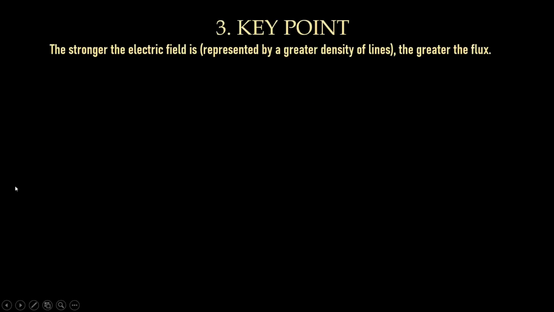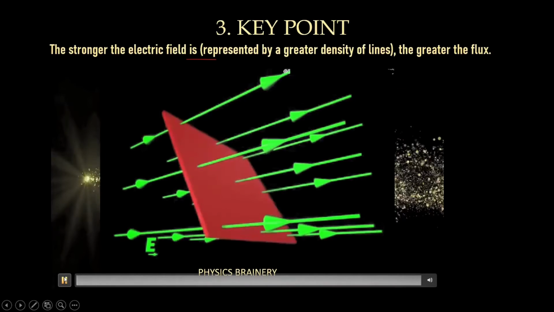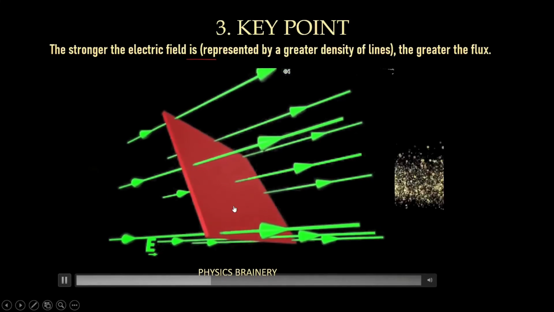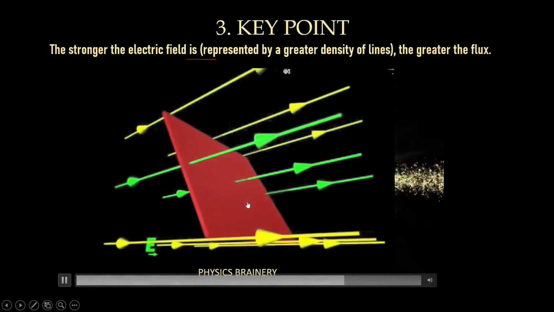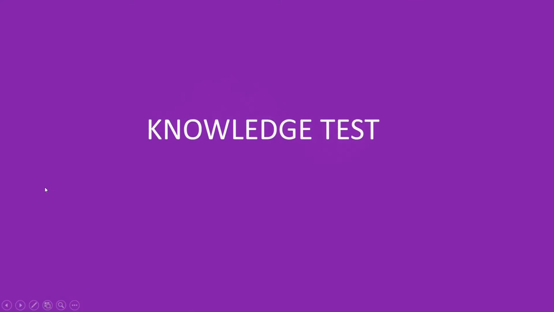Now the third factor is the strength of the field lines. That means the denser the field lines, the closer the field lines are, the greater will be the flux. Here we will not be changing the orientation, neither will we be changing the area of the figure, but this time we will be changing the field lines. Let us observe this. Now let us see that the field lines are getting rarer, that is, fewer field lines will be crossing. Now the field lines are getting denser, so more field lines will be crossing the given surface area. Here again, the more the field lines, the denser the field lines, the more is the flux; the rarer the field lines, the less will be the flux. So this is how the flux depends on these certain factors. Now next, let us have a knowledge test on how to deal with such problems of the electric flux.